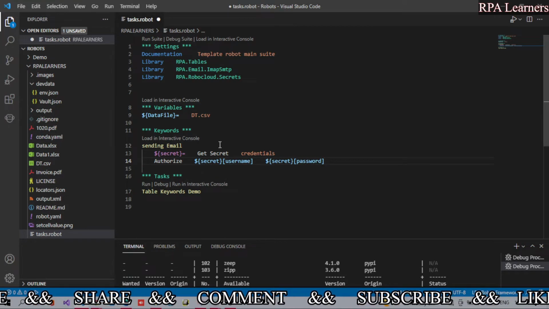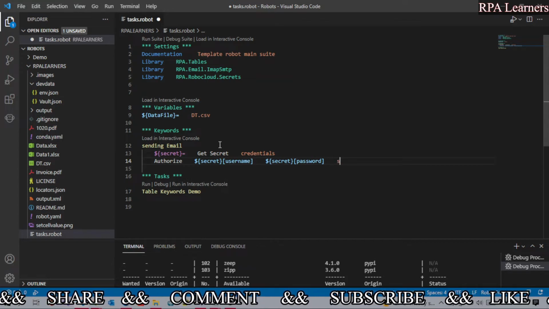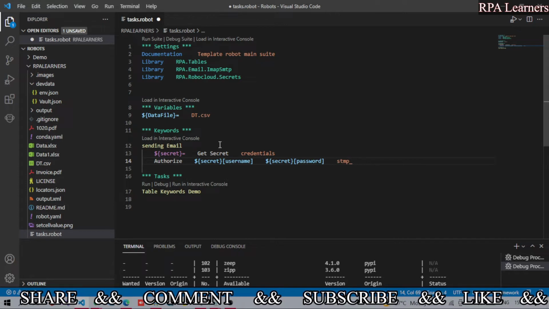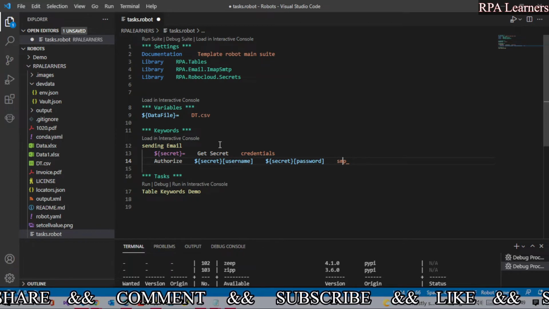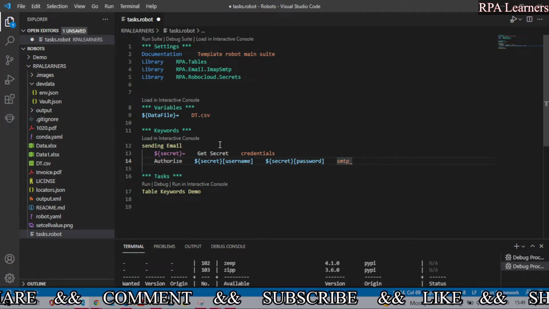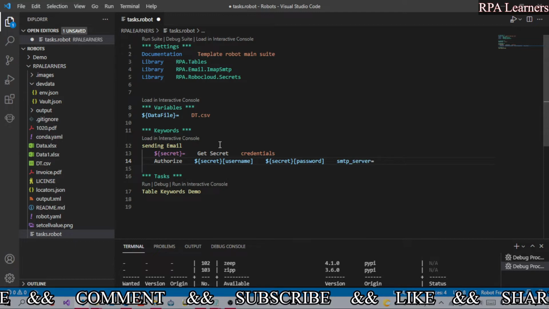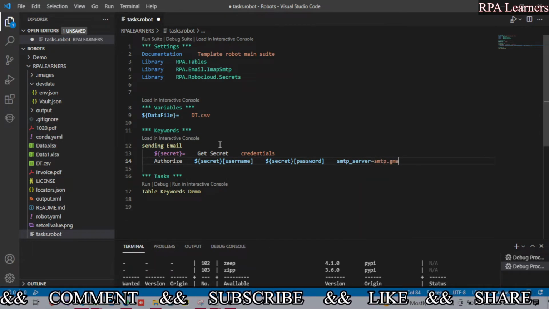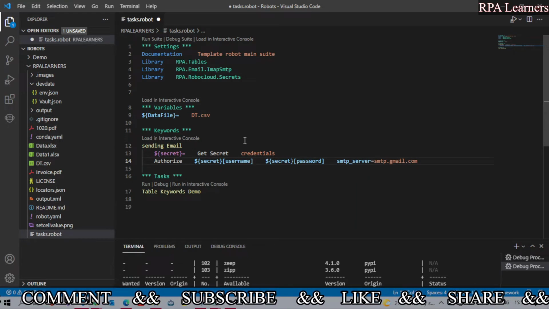After that, we need to provide the server, the SMTP server, which is smtp.gmail.com.